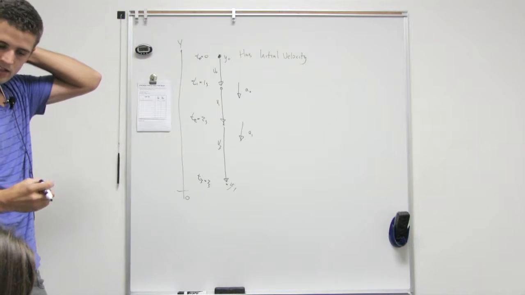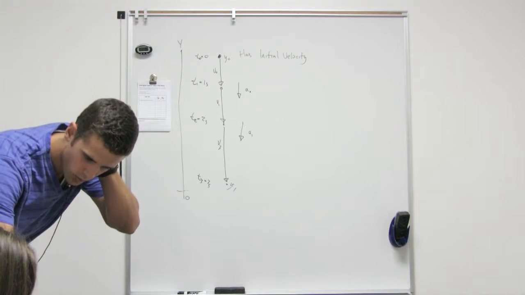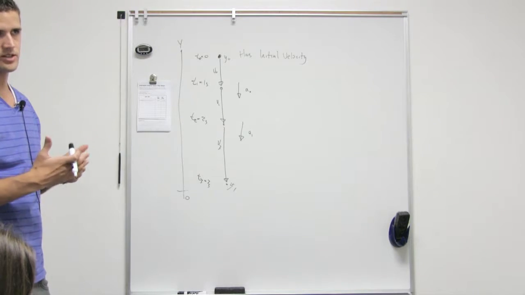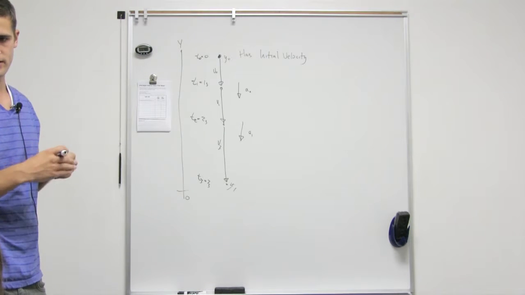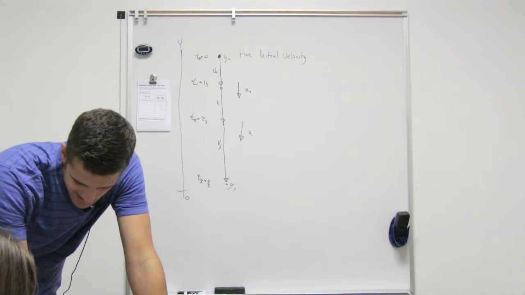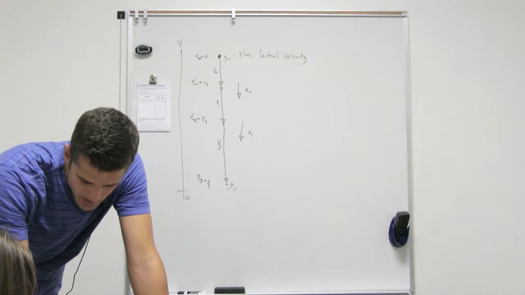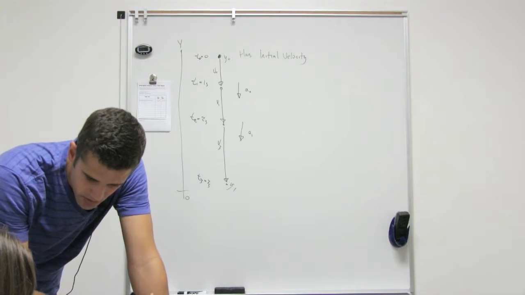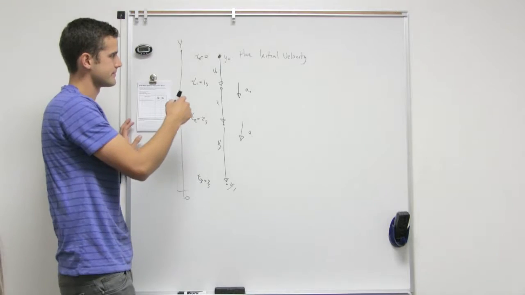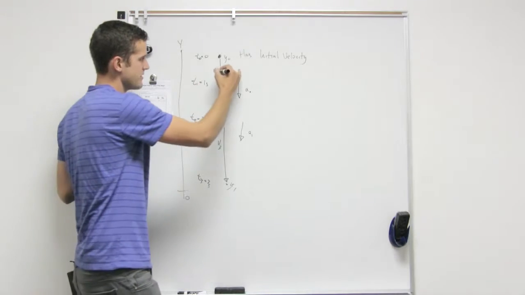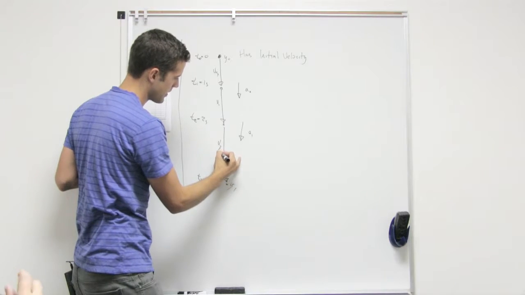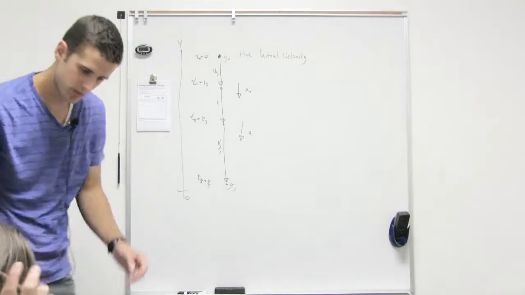So v naught, when it says x or y, it just tells you whether you're going horizontally or vertically. Okay. So really you can just treat this as v naught. You can ignore the x or the y. That's just telling you which direction it goes. That's typically how you would label it. So this would be v naught y, this would be v3y,